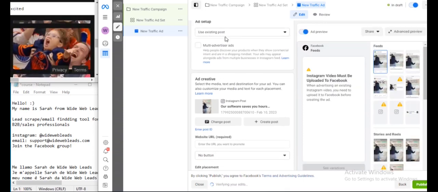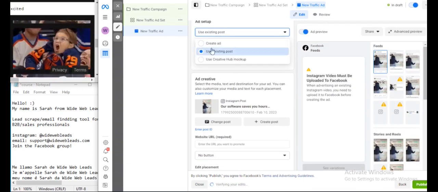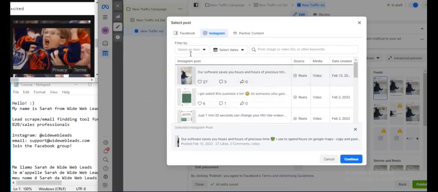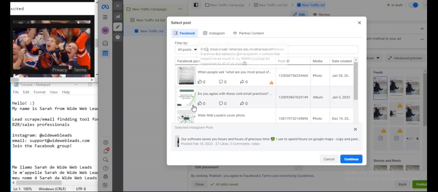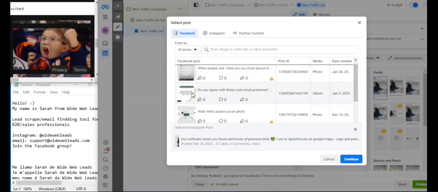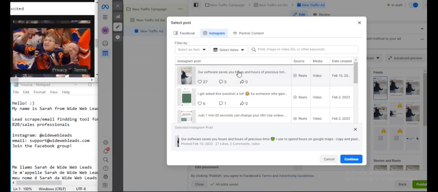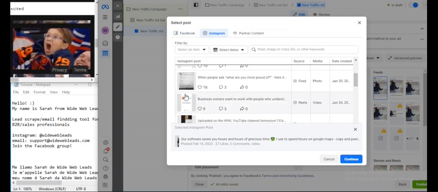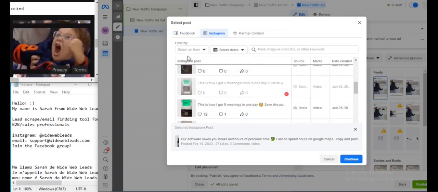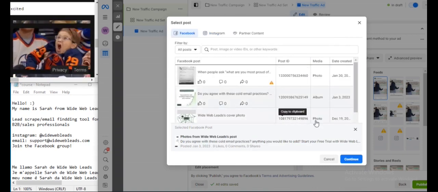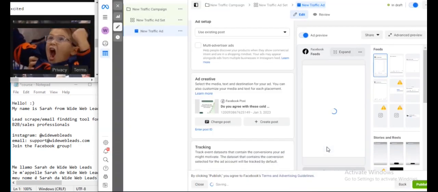So in this case then, let's say use an existing post, but change the post to something that was also uploaded to Facebook. I will go with, maybe I'll just go with this one.